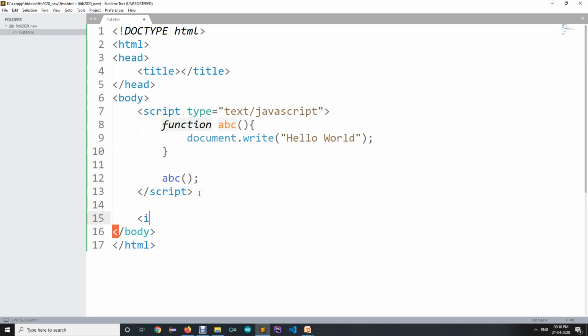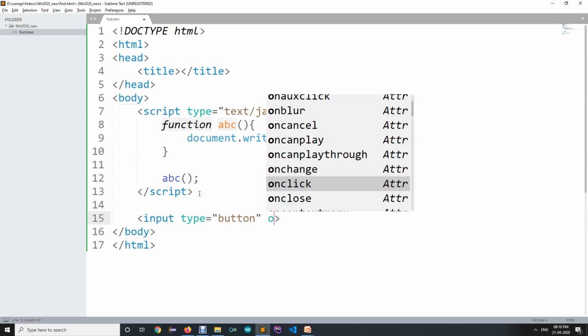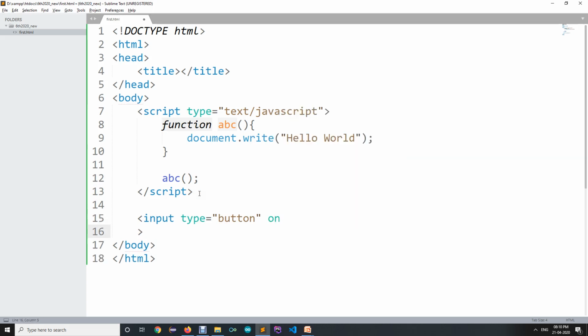It might be difficult for you to grasp as of now, we'll see that in detail. But let's see, I'm creating one button, and on that button I'm creating some event. We'll see that event handling in detail in a later session, no need to worry for now. Here I'm just giving one demo.